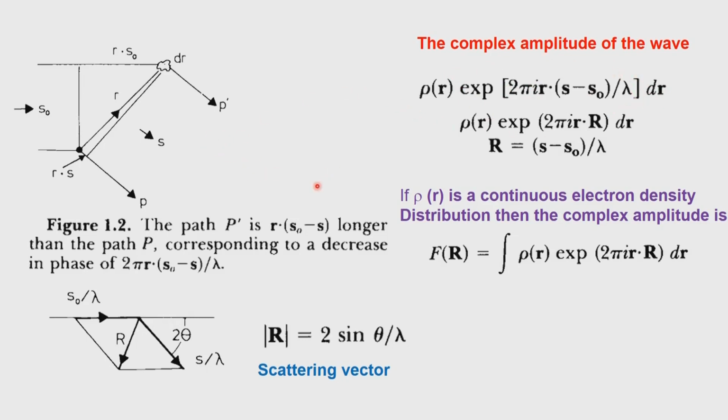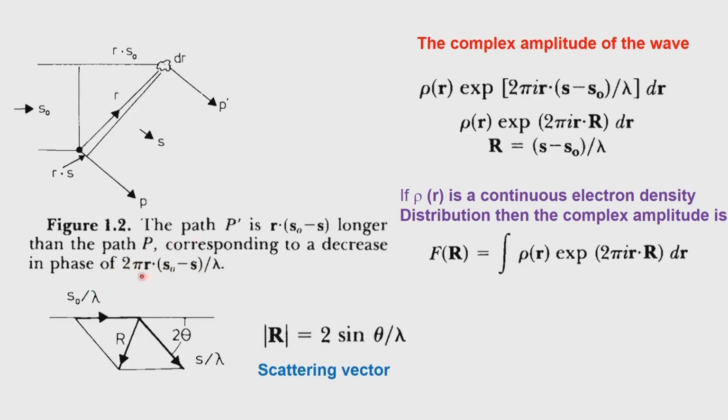And so, as a consequence, the extra path that is travelled is r dot (s naught minus s). That means when the wave is coming up here, it finds the electron density, it travels an extra path which is r dot s naught, that is because this is the perpendicular direction which we have taken. From here we draw another perpendicular. So, therefore, r dot (s naught minus s) is the path difference, and we have already seen the path difference being longer, now the phase difference will be decreasing accordingly, and the decrease in the phase is 2 pi r (s naught minus s) by lambda, and that is what is substituted here.